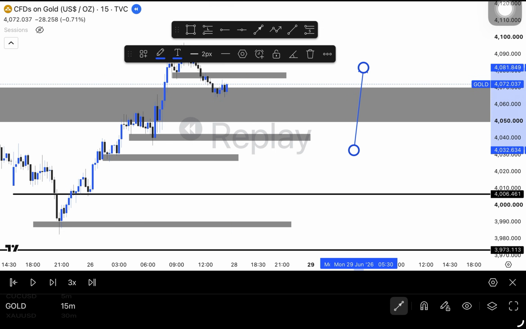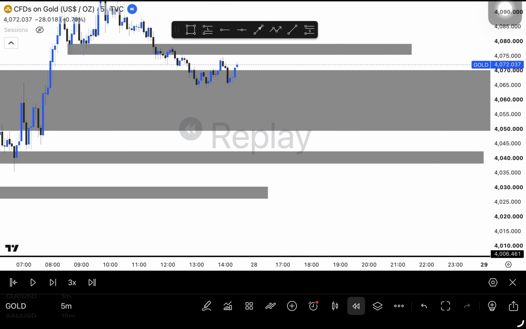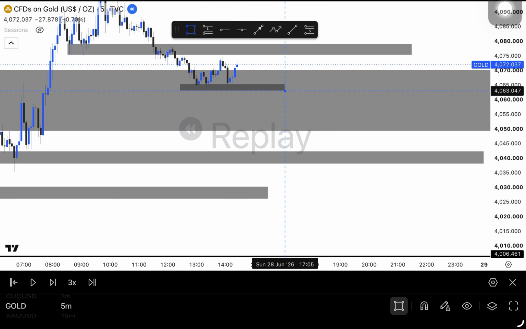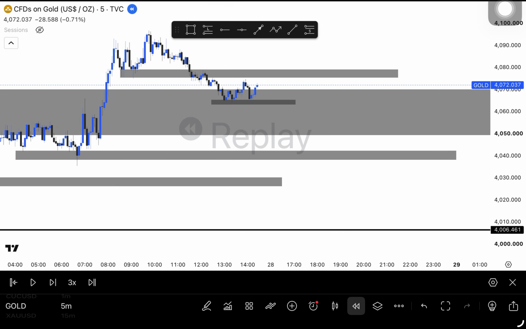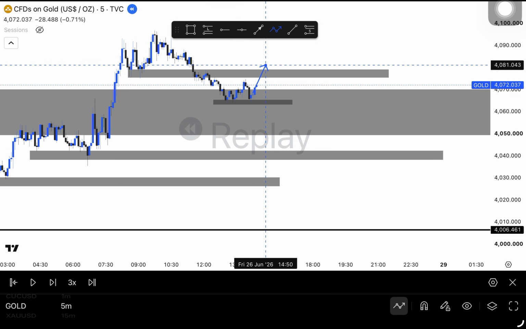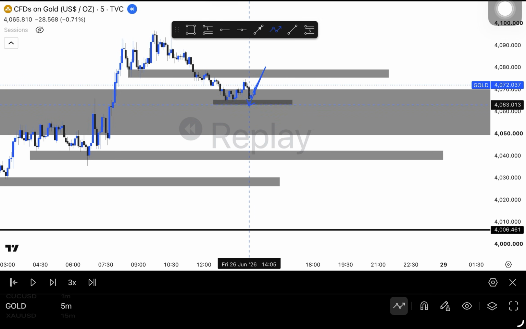So I went to the 5 minute and I saw this equal low right here. So I was like, maybe I should just wait to see if price is gonna go back in the zone and come back, or retest it and then come back. But surely if price came below this zone and didn't go all the way up, I would have entered that